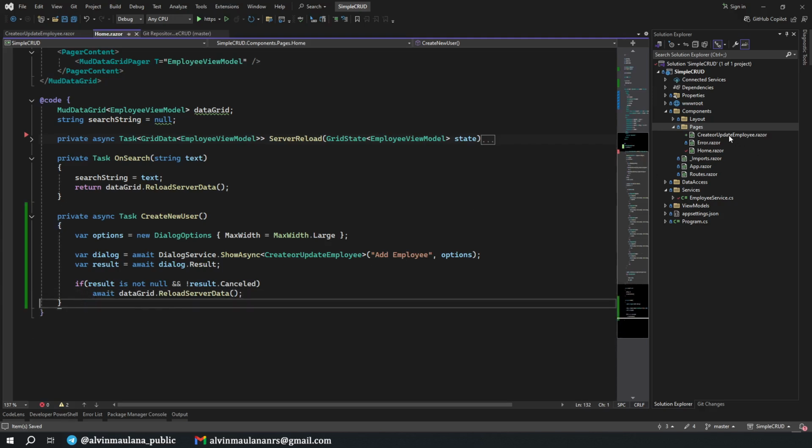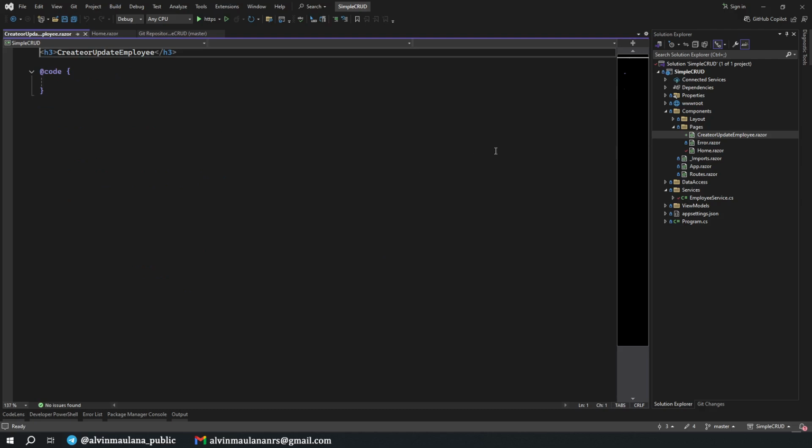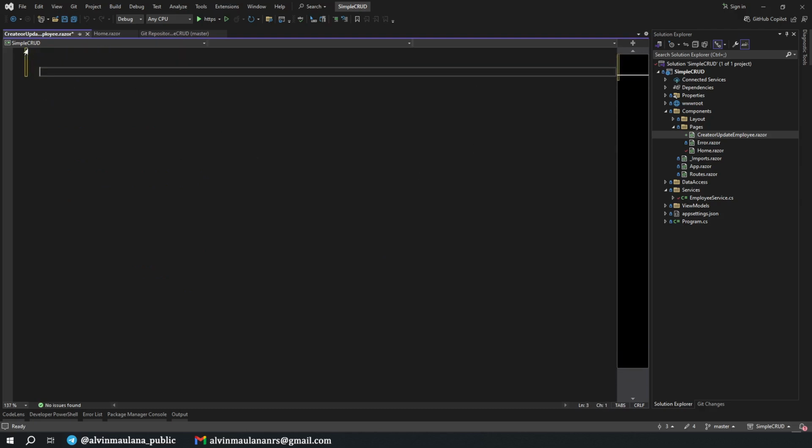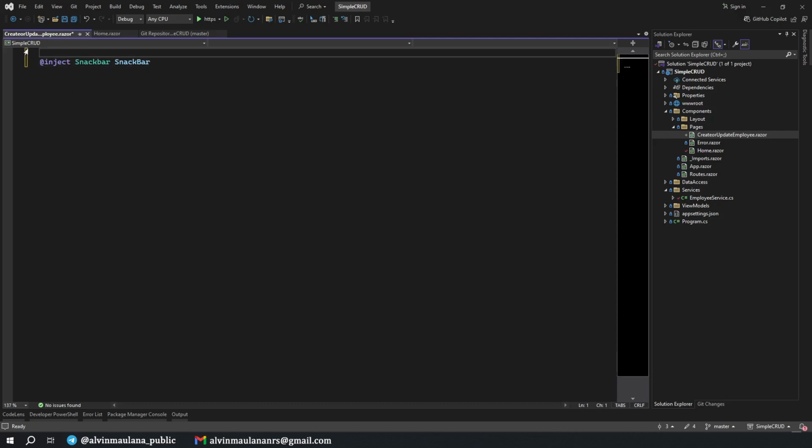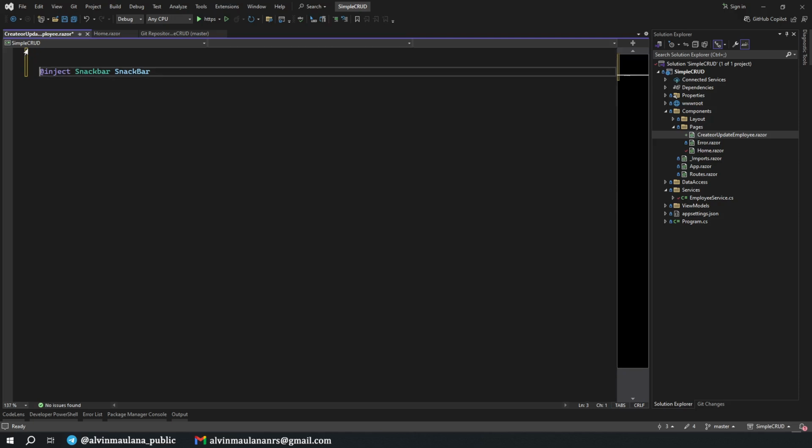Next, we will build our create or update employee page in here. First, we add a dependency in here, inject snack bar. Okay, snack bar is like a toast or alert, something like that. Later you will see. And then we also need to inject the employee service.